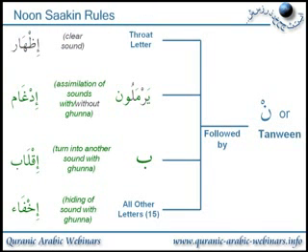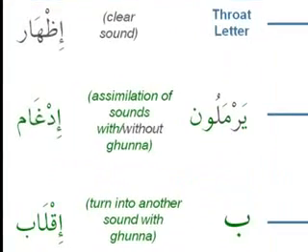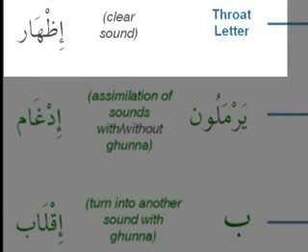Okay, now we'll break this down and we're going to go over the rules, and then we're going to see examples of each one independently, and we'll go through each rule in more detail. So this is a summary of what we're about to do. Whenever noon sakin or tanween is followed by any of these rules that we're about to look at, then we have to do something special. So the first one, if noon sakin or tanween is followed by any of the throat letters,